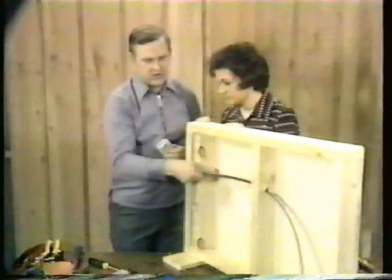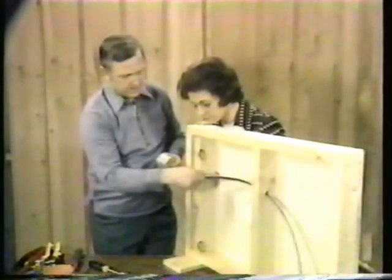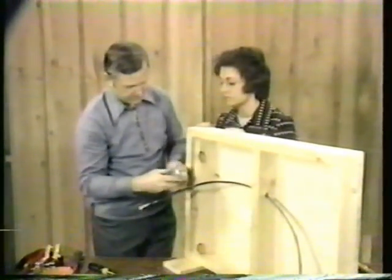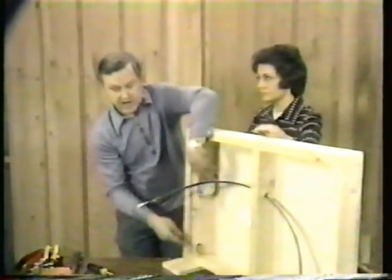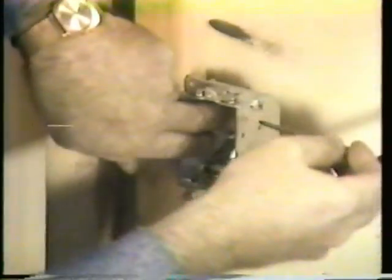And let's say you're running all the way from the other side of the room, and now you come up here, and here's your wire, and you need the box to put it in. So first, position the box up against the wall at whatever height you want this box from the baseboard of the floor. Now, you want to let the lip of the box come out sufficiently so that whatever you're going